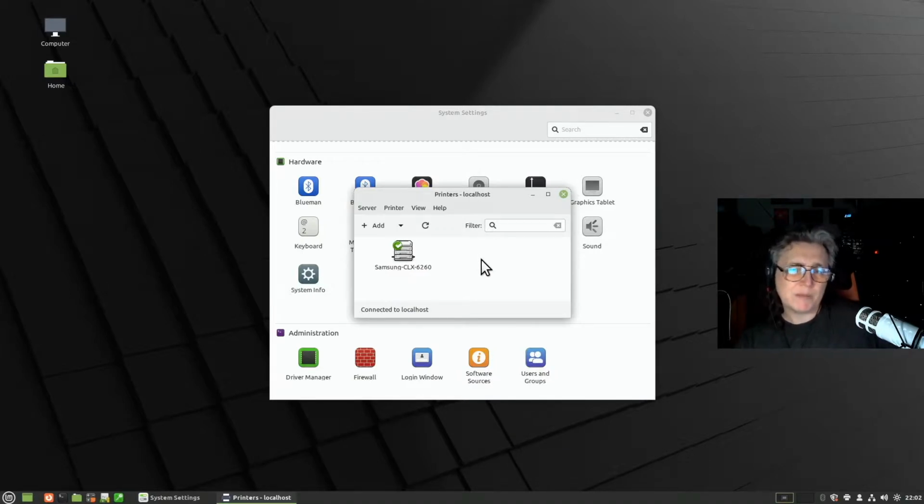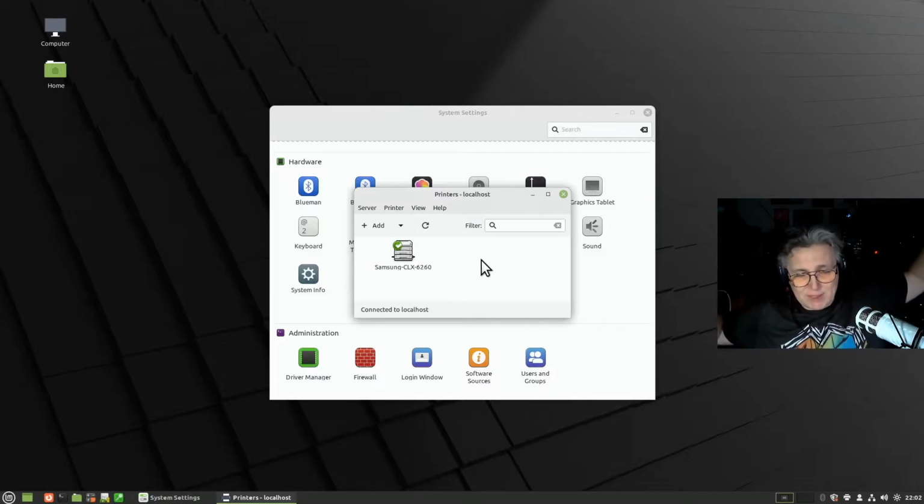Yeah, printing, fine. Scanning, depends on how it's connected. And that is probably one of the things that you will find through using Linux, is that the common hardware will probably work. Anything which is slightly outside the comfort zone, yeah,